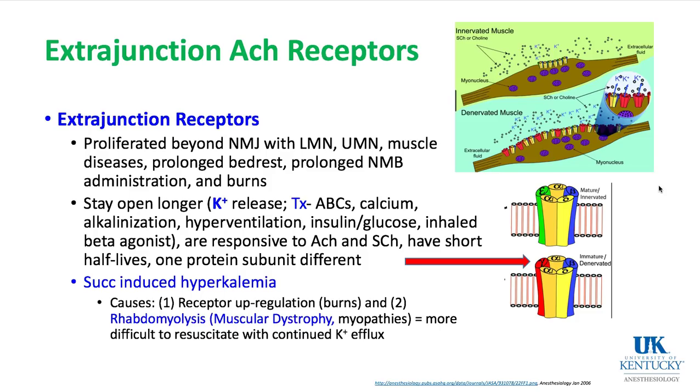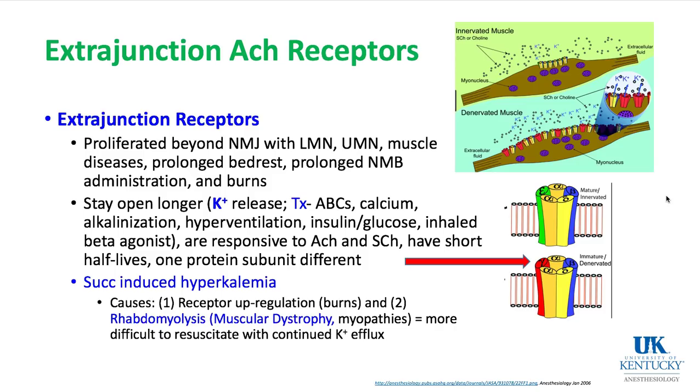If a hyperkalemic arrest occurred, you would treat that patient with ABCs, airway, breathing, and circulation, but specific treatment would be calcium, alkalinization, hyperventilation to drive potassium into the cell, insulin and glucose, and inhaled beta agonists, which also drive